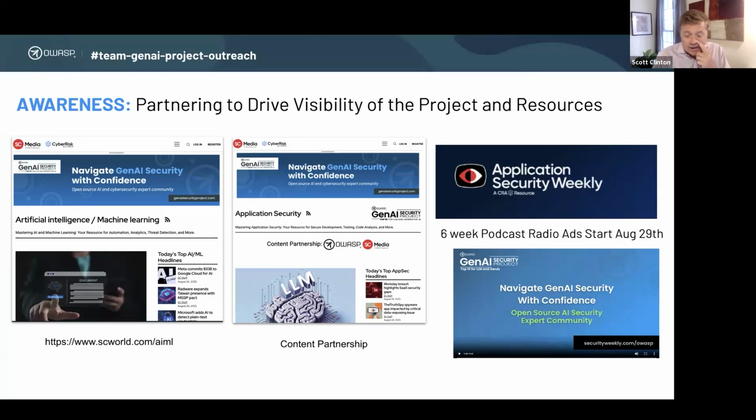Another piece that we worked on the outreach side is that we wanted to drive more awareness of our project. To do that, we partnered with the Cyber Risk Alliance team. As part of that partnership, we have been rolling out new capabilities for us to be able to promote our projects in a couple of different ways. One, we're doing ads that are running across the different properties, in particular in the AI and machine learning section of SC Media. The real goal here is just to redirect people to the project, because one of the things we found is that people are still discovering us, which is great. We just want to make it a little bit easier.